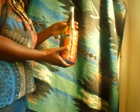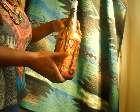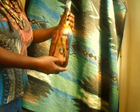I buy it online by the gallon. So she's like the goddess of peace, love, serenity. There you go. You can put it on your altar. So the next thing I have